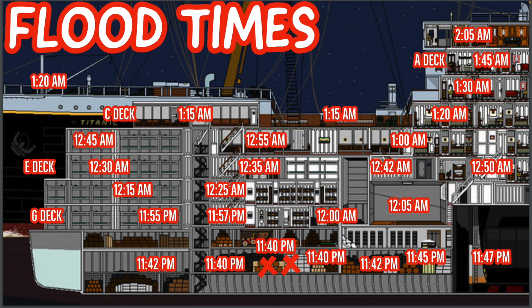You're talking about 11:40 initial impact, 15 minutes later it reaches G deck, another 20 minutes later it reaches F deck, E deck another 15 minutes, B deck another 15 minutes, C deck at 1:15, and the ship officially fully submerges by 2:20. You can see it reaches the boat deck at 2:05, and within 15 minutes the entire thing is down. So that is just the recap of at least the bow section flood timeline for the Titanic here in